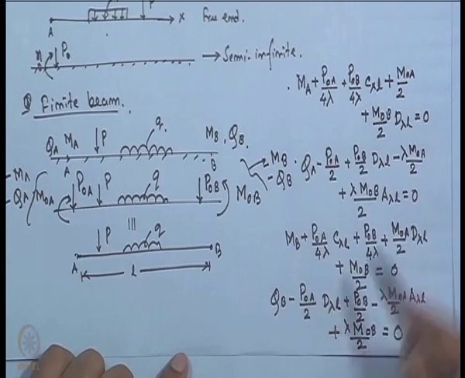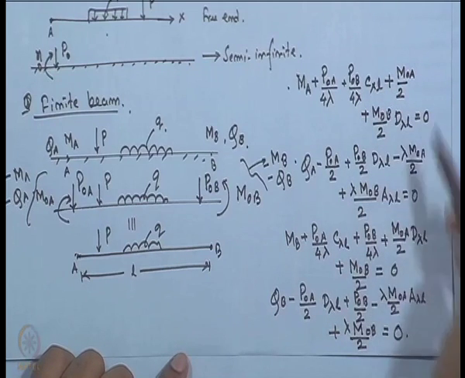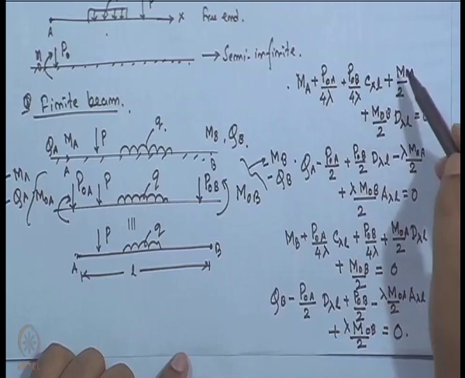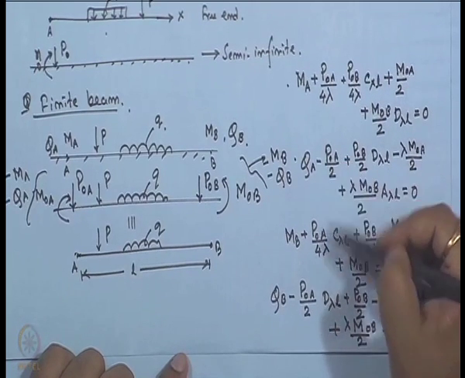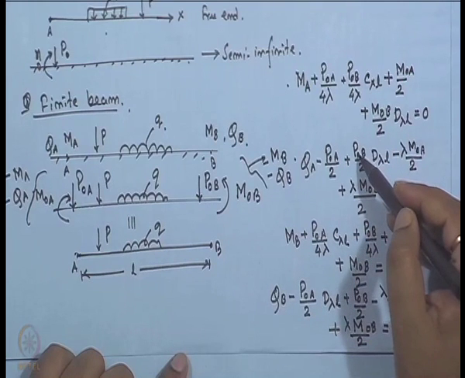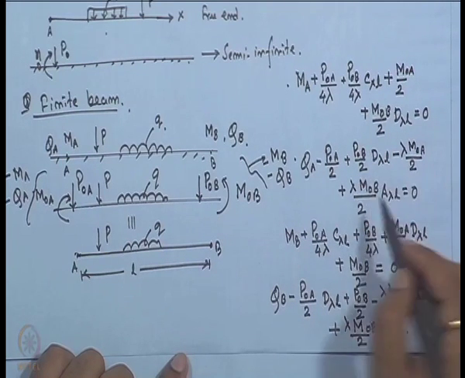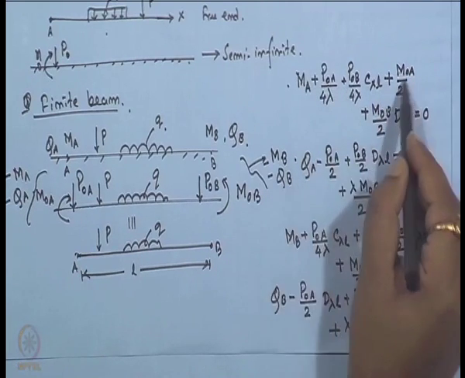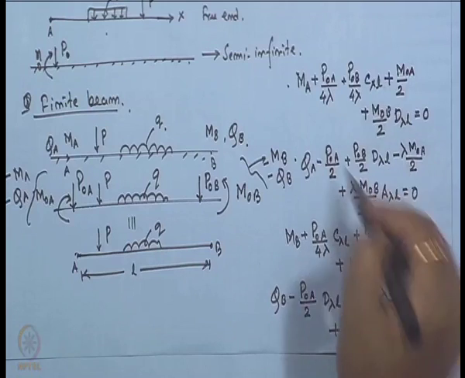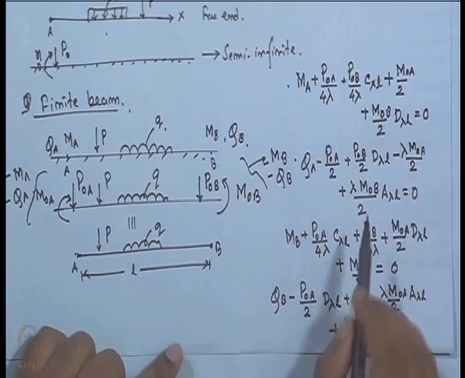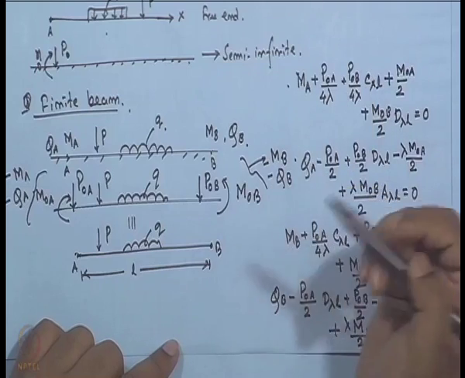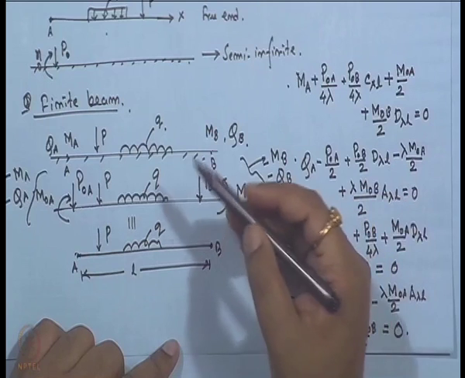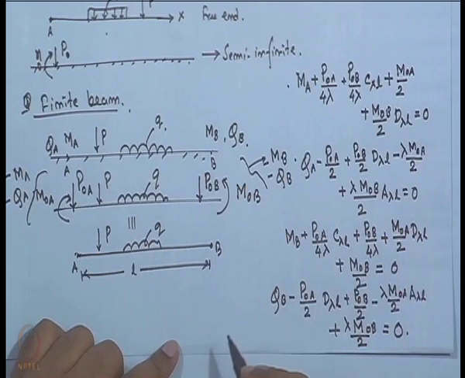So, from these four expressions, we have to determine four unknowns, that is P_0A, M_0A, P_0B, M_0B. So, these four unknowns we have to determine such that this amount of load or moment we have to apply at these two ends, so that we will get a finite length condition.